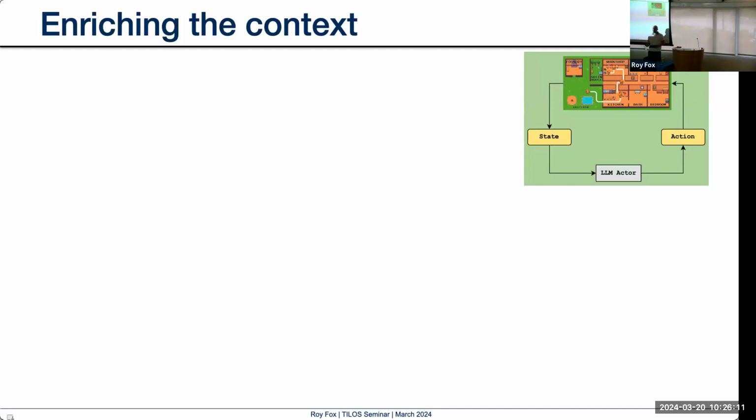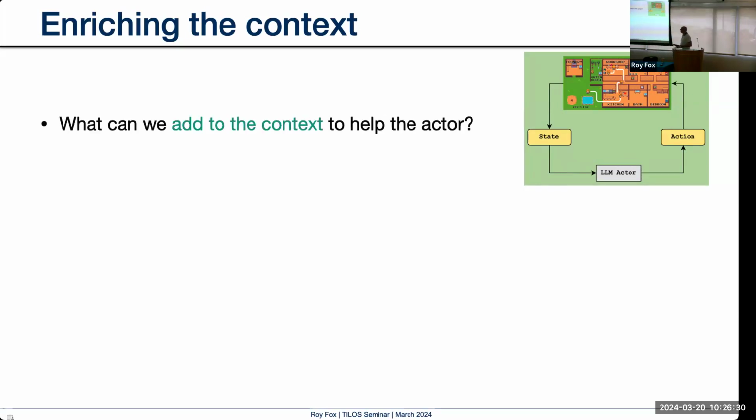So that was one thing we could do. But that doesn't seem like enough, right? So what have we done here? We filtered our context. We narrowed it down so that it's not containing bad things, but does it contain all the good things? Can we enrich it? Can we have more? Now that we subtracted things, let's add things. What can we add to our context that would help the actor? Remember, we want to use our on-task data that we collect for a specific task to enrich our context.